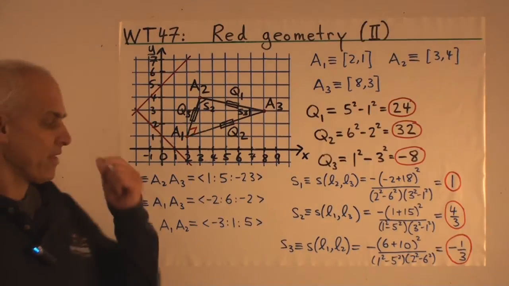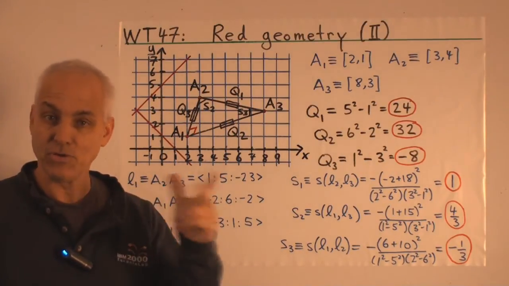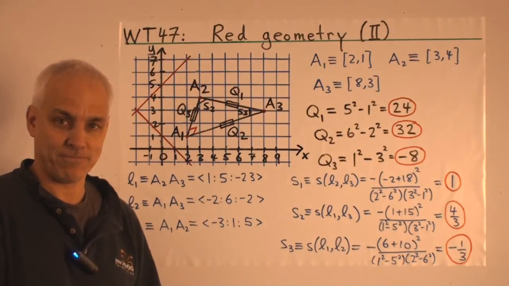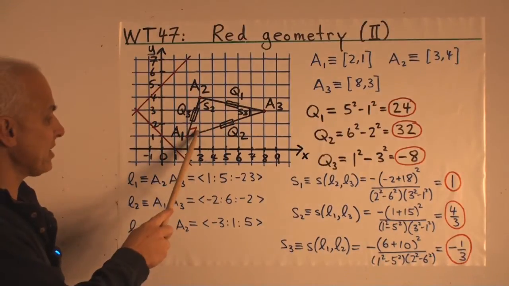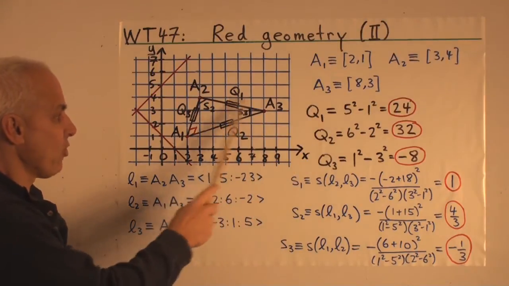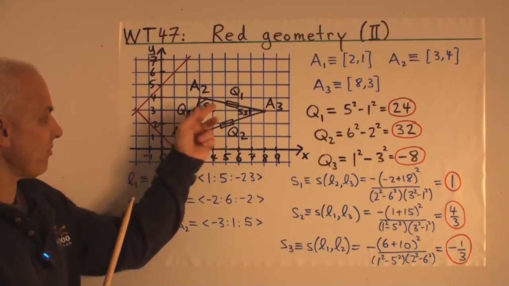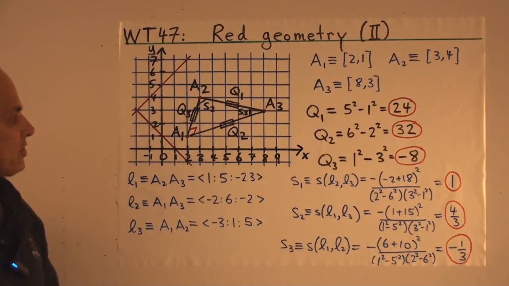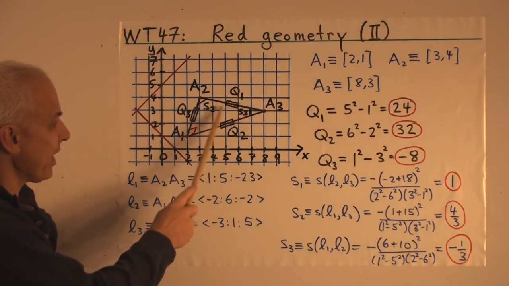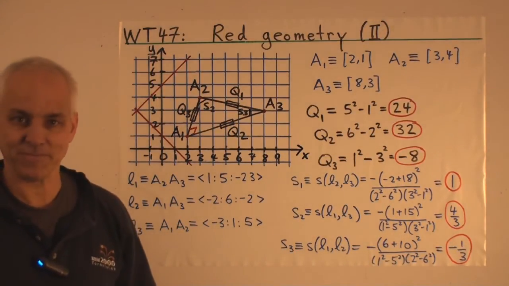The kinds of phenomena that we're familiar with for right triangles in blue geometry, in our familiar Euclidean geometry, are also holding here. Such as, first of all, Pythagoras' theorem. Q3 plus Q2, the sum of these is equal to Q1. That's Pythagoras' theorem, because in this context, this is the hypotenuse side. It's opposite the right vertex. And I also point out that this is a right triangle in the red sense, and so these 2 spreads here, S2 and S3, do in fact add up to 1, just like they do in blue geometry.